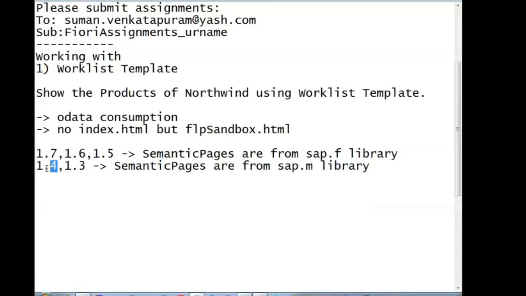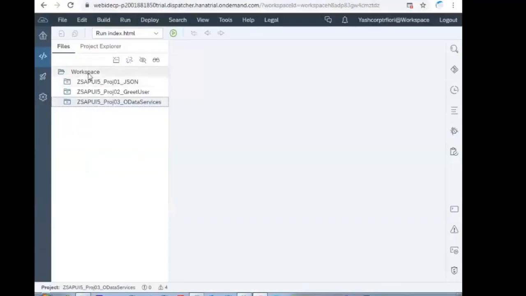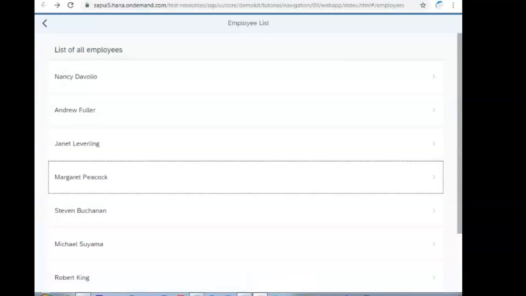So we'll take 1.4, the stable version. Right click on the workspace. Let us keep the Northwind OData services also ready.